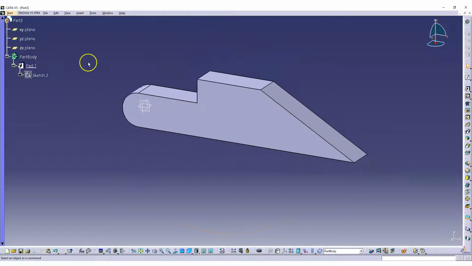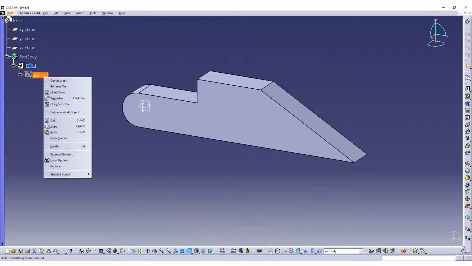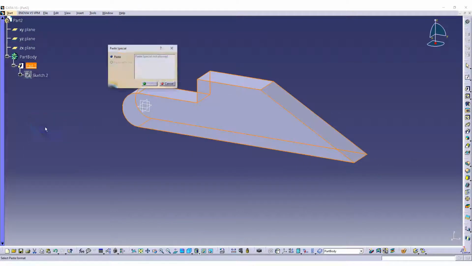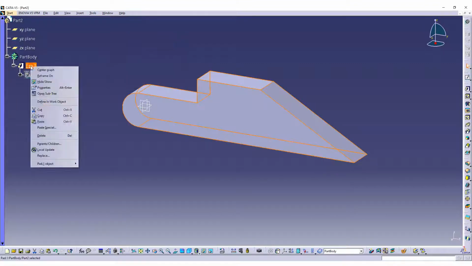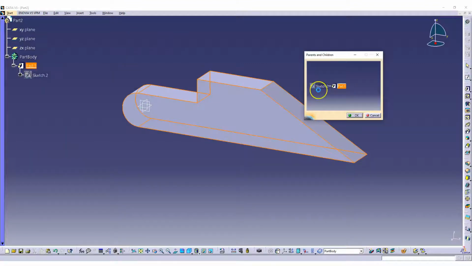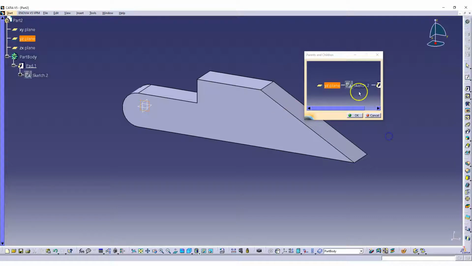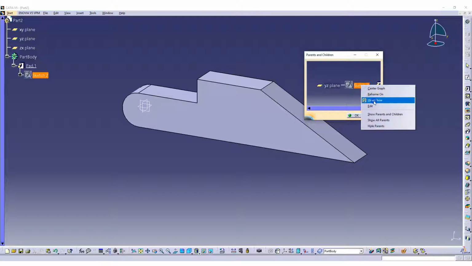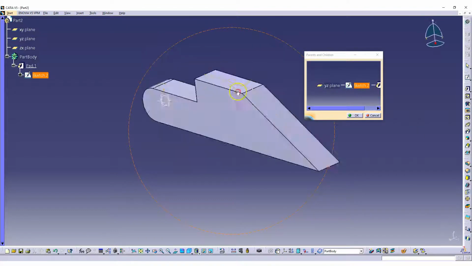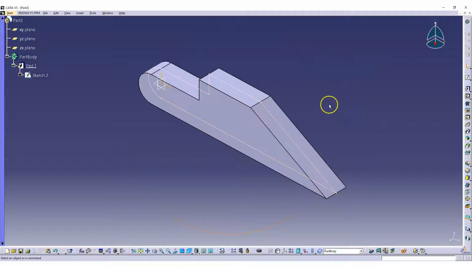That means this pad is driven by the sketch, by a parent-child relationship, and this parent is done on the YZ plane. So we need to understand that this is my parent-child relationship. If you want to show this one, you can show it in the sketch itself. See this? So this is the design. Some point of time,